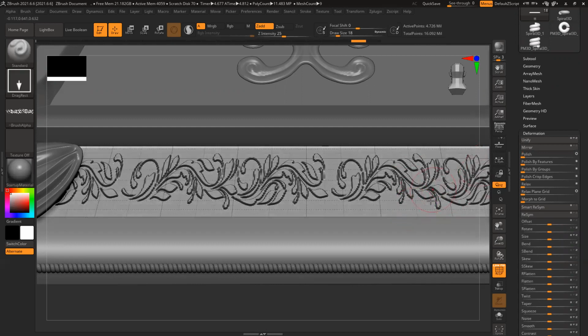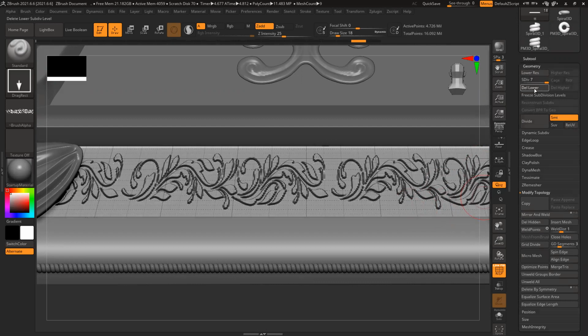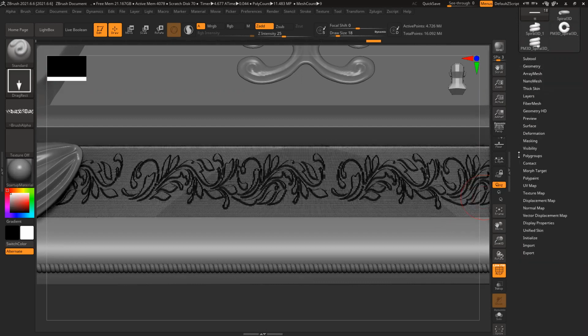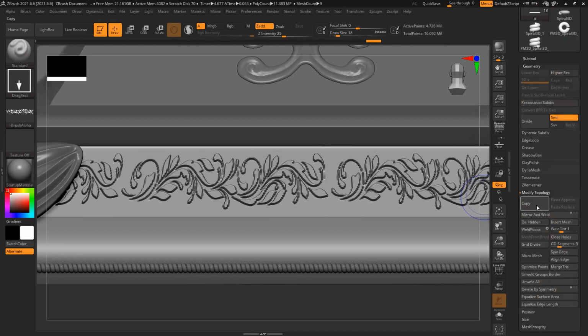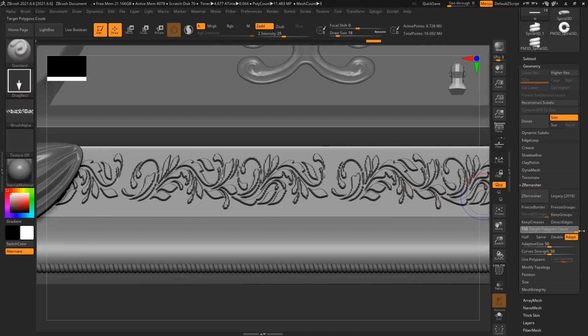And what I can do for this, I can use a ZRemesher. Delete. Shift F. Geometry, ZRemesher, and polygon again 100. So it will remesh the model, so the basic shape and everything will be clean. It will follow the shape of the geometry, so it will become easy to create anything like this.